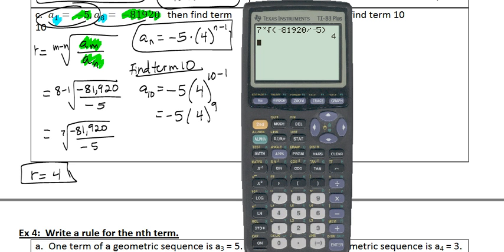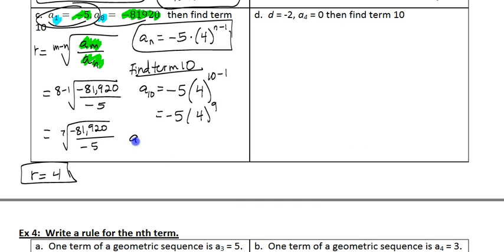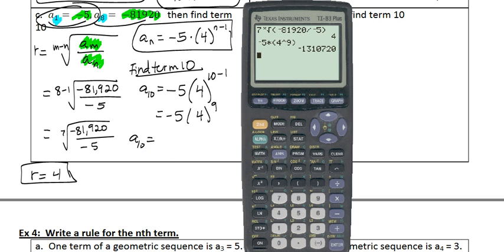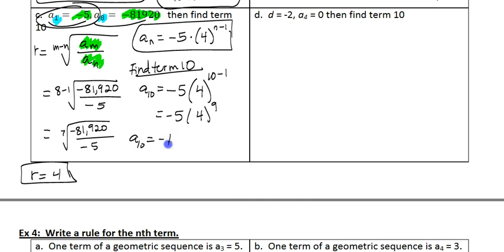So I end up with, by the way, I think my calculator, I need to put parentheses around this. Sorry, I'm going slow. Okay, there we go. So negative 1,310,000